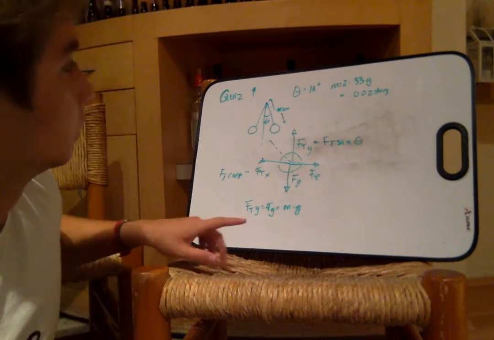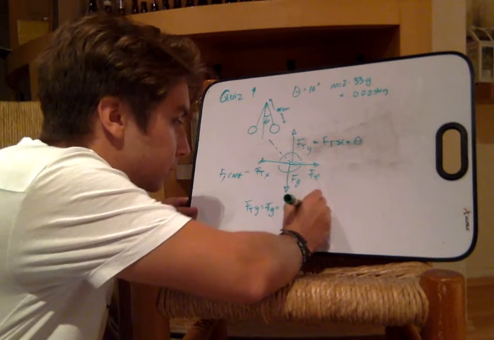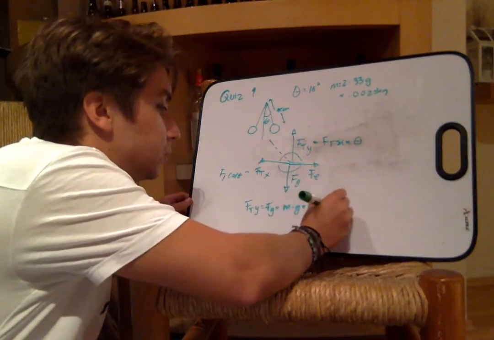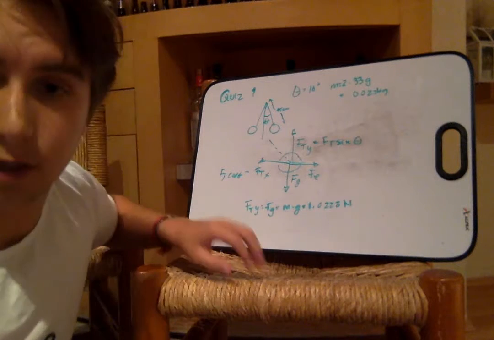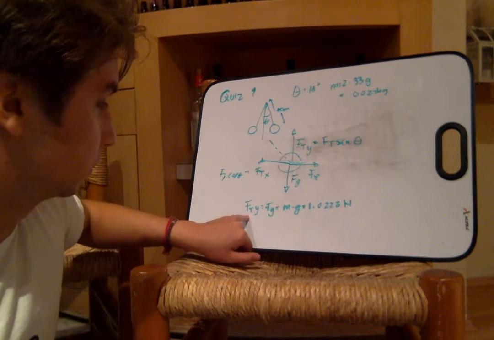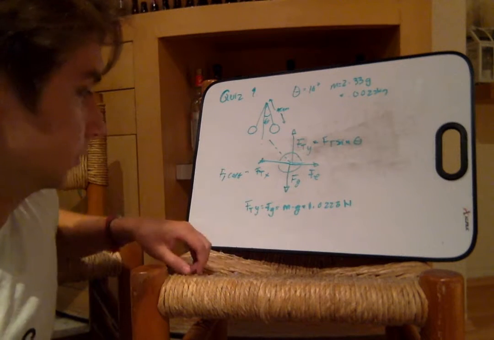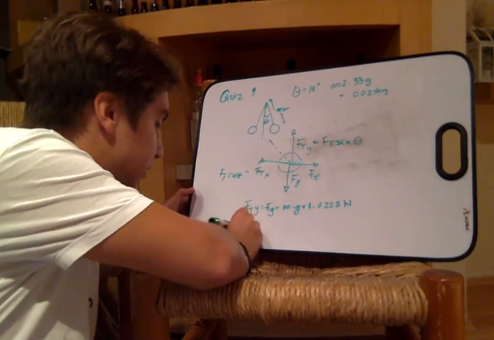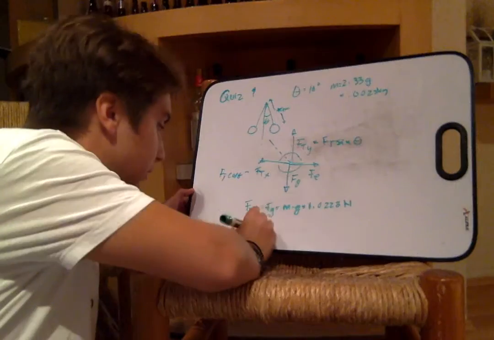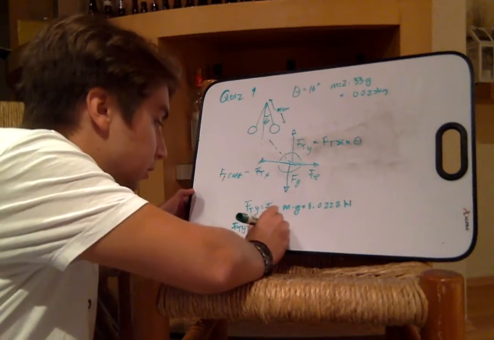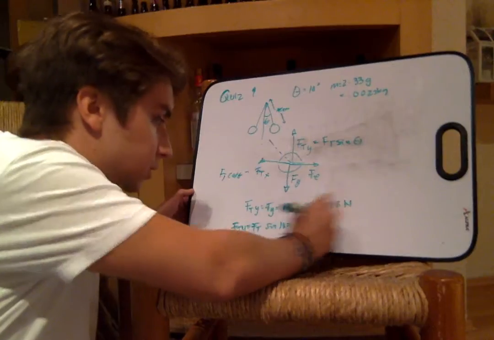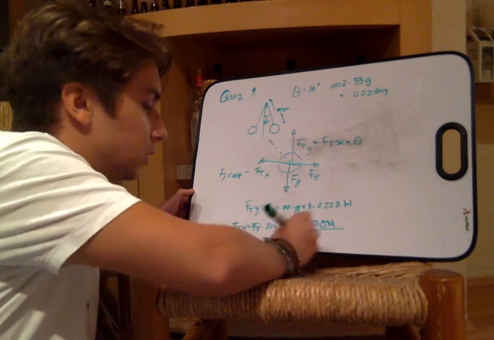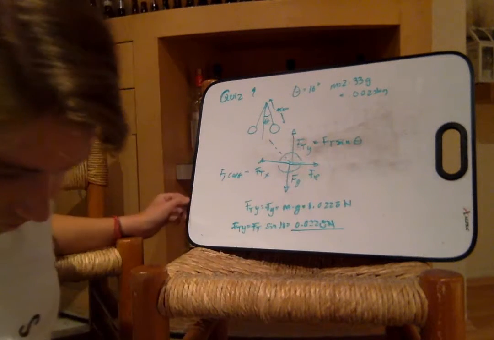If we multiply that times the gravity, we would have a force of 0.0228 newtons. And that will be equal to the force of tension in the y-axis. In this case, the force of the tension in the y-axis is equal to the force of the tension times sine of 10, which is equal to 0.0228 newtons. So if we divide that